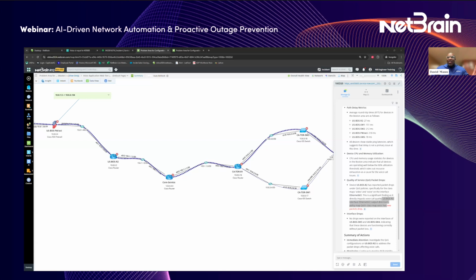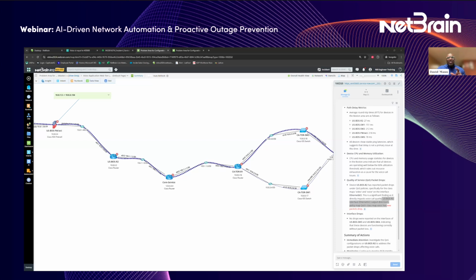Because if you push out the power of the platform to every engineer within the organization, just imagine even your help desk staff being able to ask the question, is there a network problem here? Is there a voice problem? And then NetBrain on the back end running the automations to be able to determine if there is or is not. Then before you even join a P1 call, they've already realized that it's not a network issue. So this is just fascinating, the kind of power that it puts in the hands of the IT staff, whether they're in the network or not.